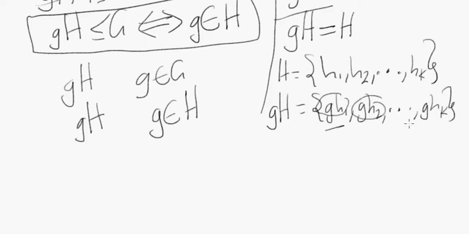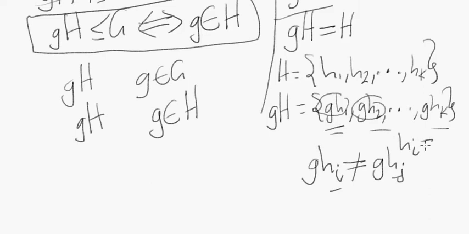gh2 is an element of H. In fact, all these elements are elements of H. The other thing we established also was that for any hi and hj elements of H, ghi never equals ghj if hi does not equal hj. Right? This can never happen. So if hi does not equal hj, ghi can never equal ghj, which means that all of these